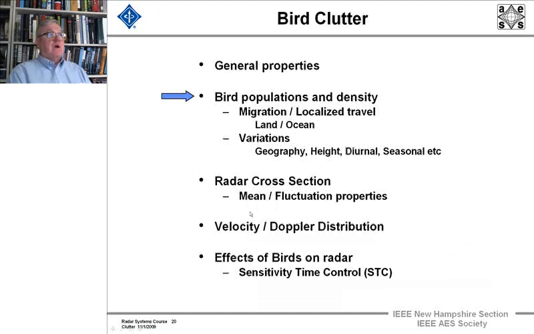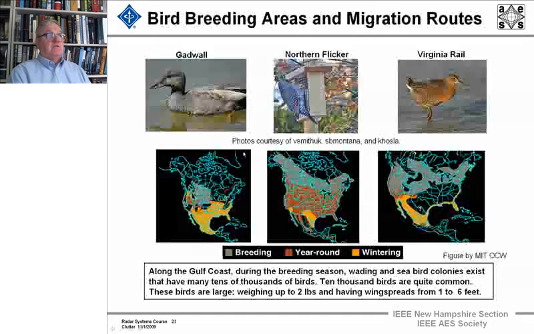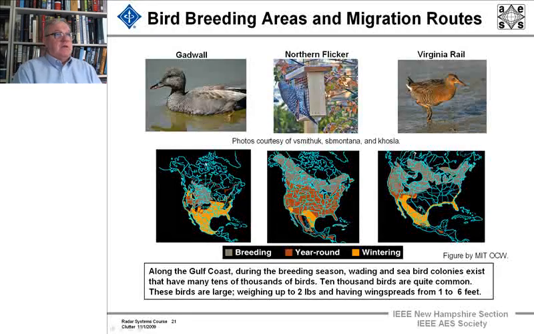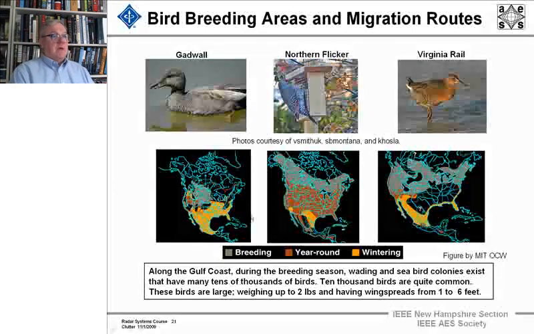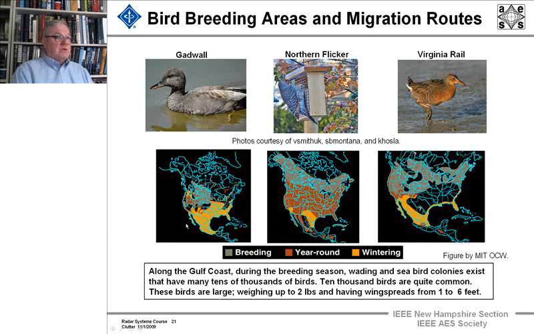Okay, now let's move on to bird populations and densities. First, let's look at migration. These are some view graphs that were taken from the web. We re-rendered some view graphs from some other sources, and you can see that the northern flicker, for example, breeds up here in Canada. It's year-round over the whole United States, and it winters down in this area of Texas